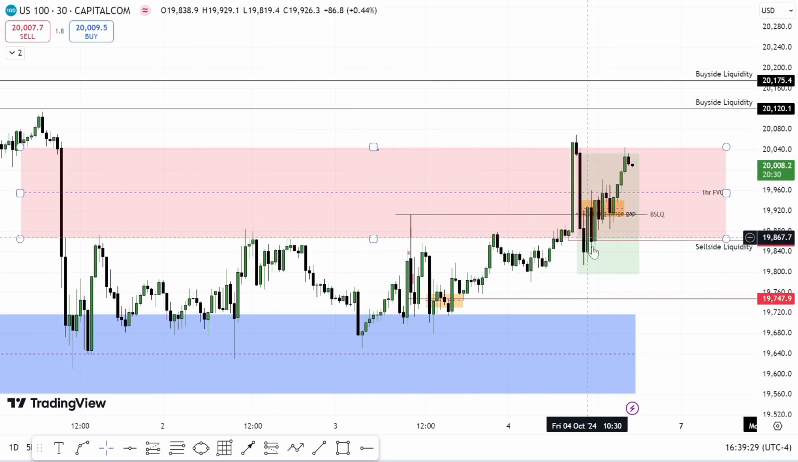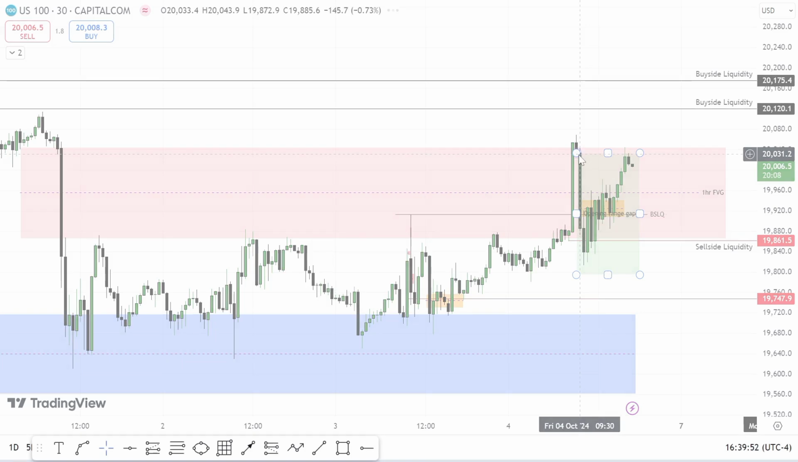So just at this point, so this was NFP right here. NFP by 8:30 New York time. That will be around 1:30 Nigerian time. So this is a buy here for NFP just at this high, and the 15 minutes time frame,